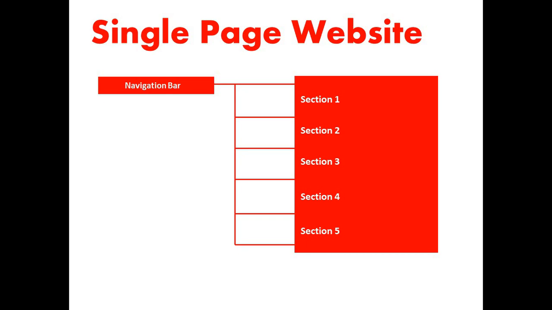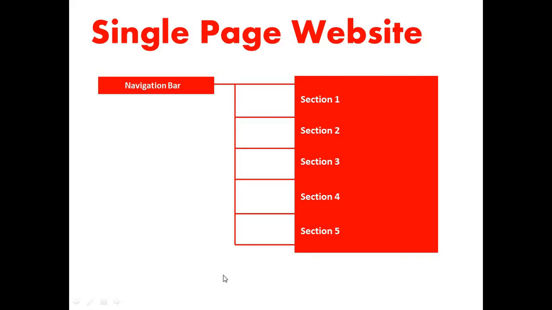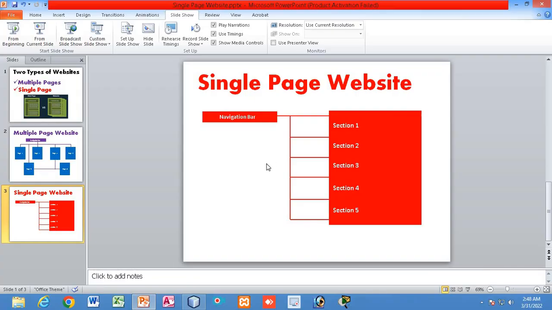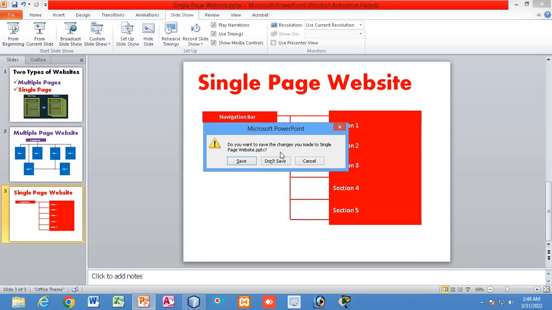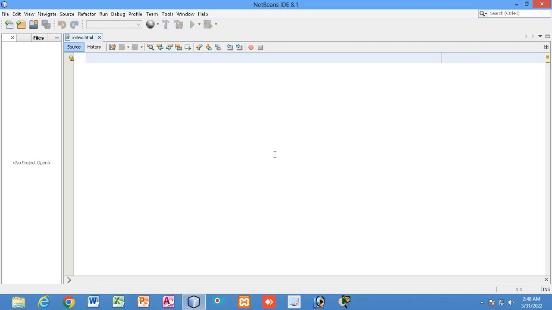Let me start creating the website using HTML and CSS. So let us start. You can see here is my text editor. I am using the NetBeans text editor.